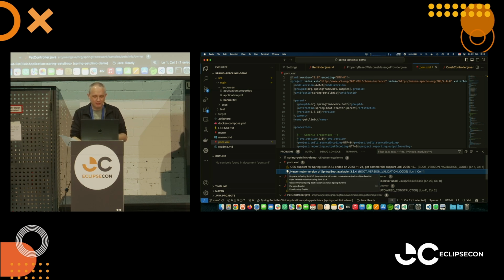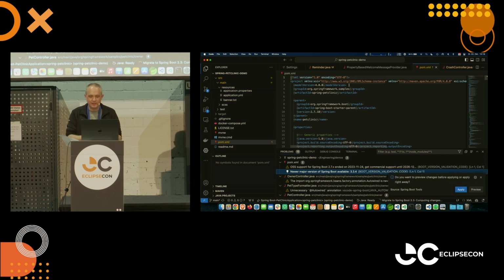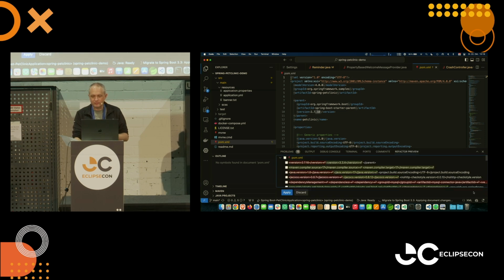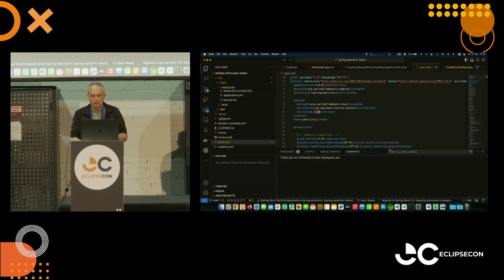Chatted about that last time here at EclipseCon. So there's basically support, a quick fix for this, right? So if there's a new major version, new minor version, you can execute a quick fix, and this quick fix basically tries to